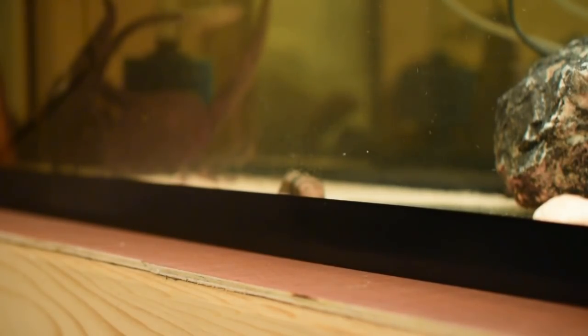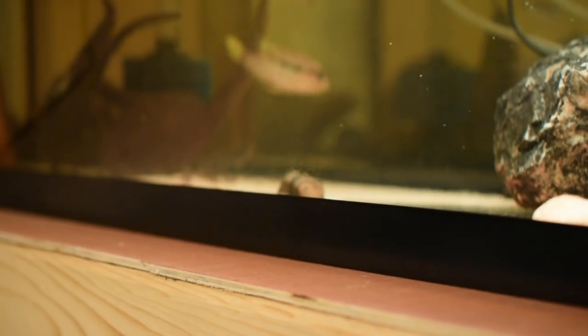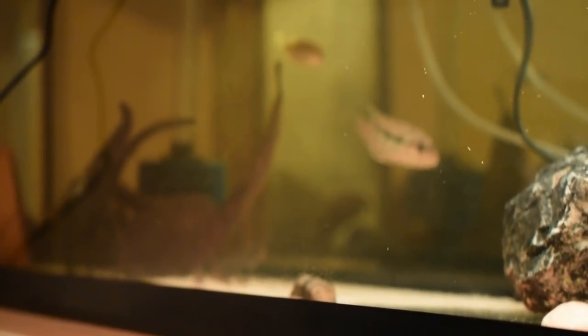It's got a 30-gallon hang-on back, and it's got a 20-gallon sponge filter going with air stone, and there should be plenty of circulation in this tank, but you know, time will tell if this is going to be their best home. I may have to change some stuff up. Once again, these are wild caught fish, so you just never know how they're going to accept the location they're in. This tank has, like I said, a little bit of sand, a lot of magnolia leaves, and a little bit of driftwood and some rocks, and